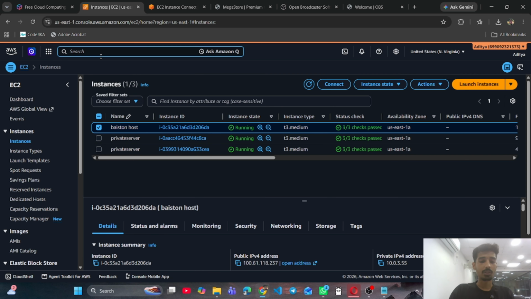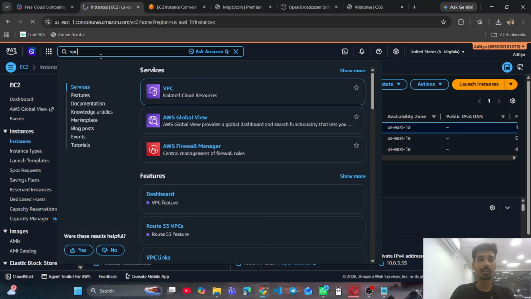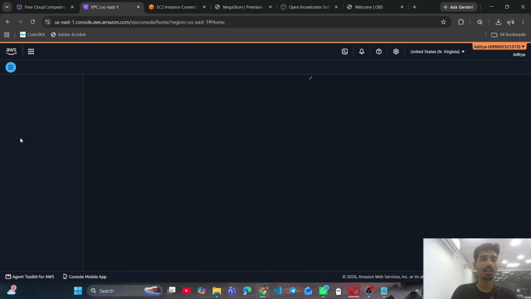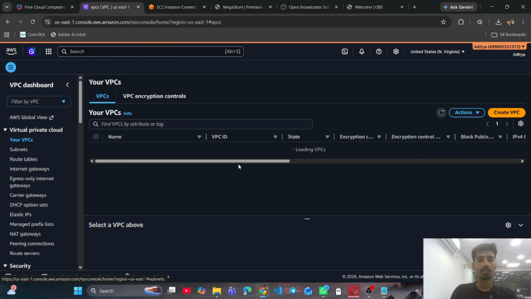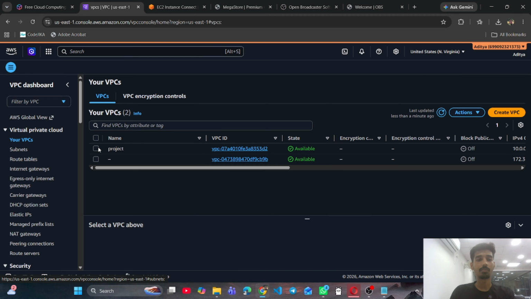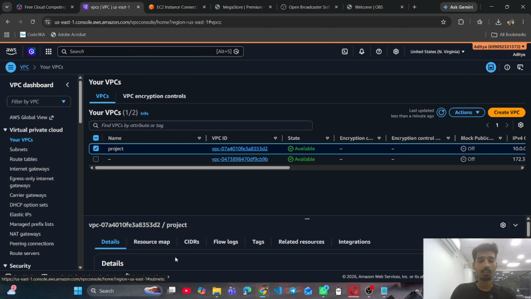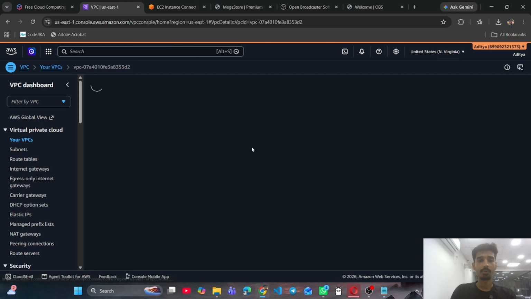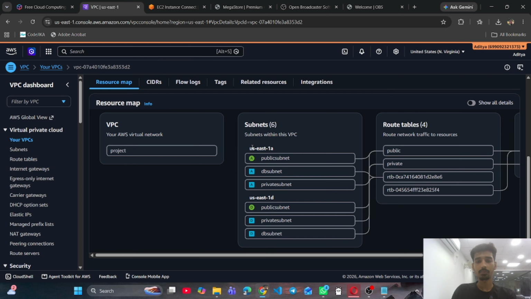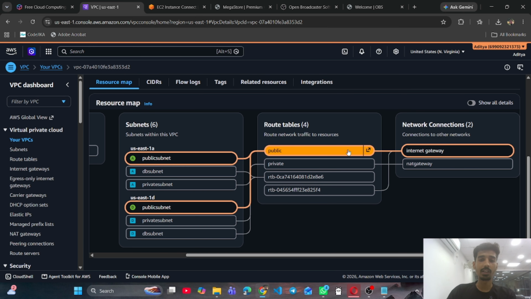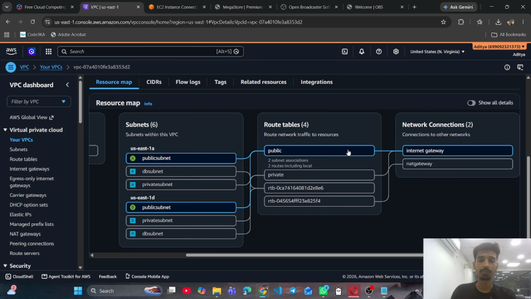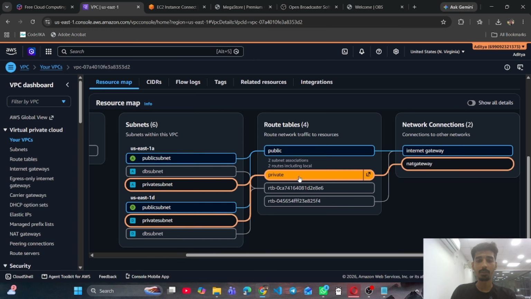First of all, I would like to start from the virtual private cloud. I have created a virtual private cloud, and in this I have created 6 subnets in different availability zones. As you can see in this resource map, this public subnet is connected to the public route table, and I have created 2 different route tables, one for the public and one for the private.